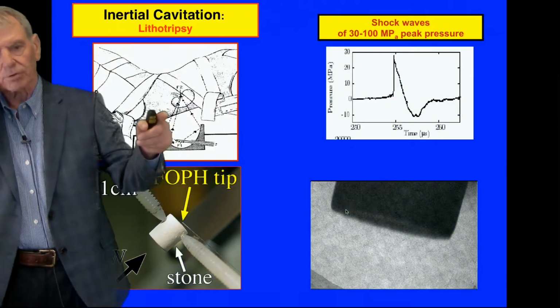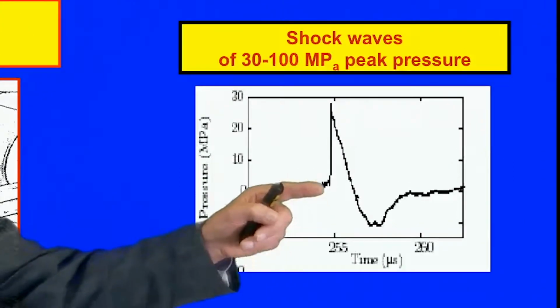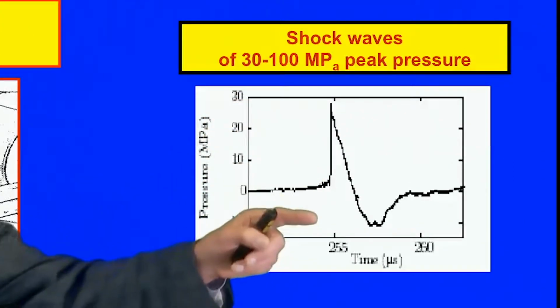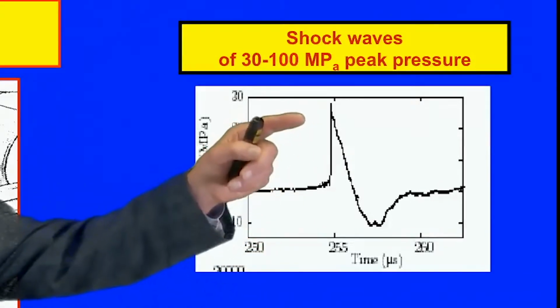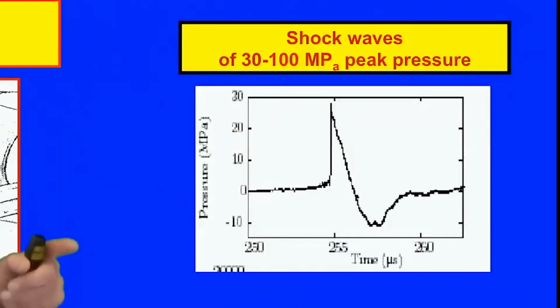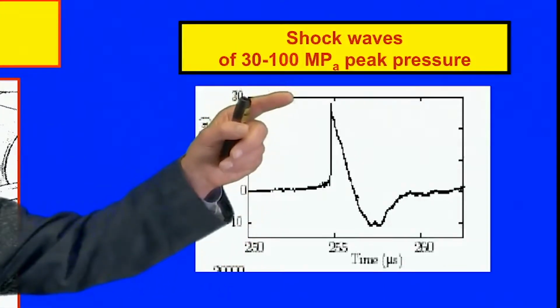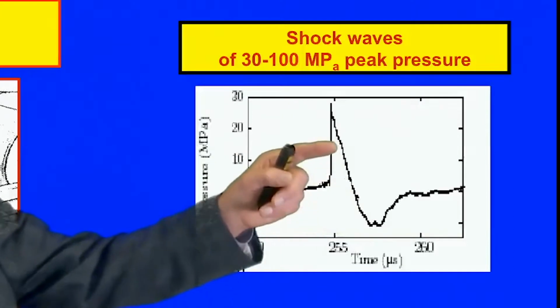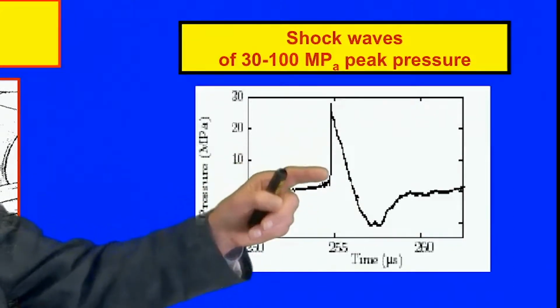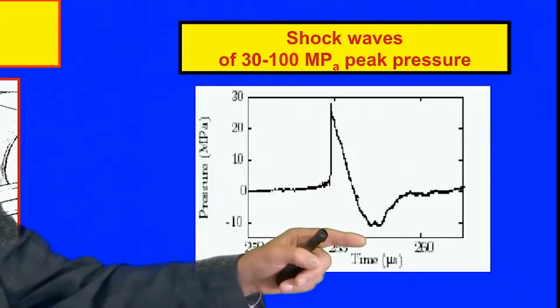This is extracorporeal, and the shockwave looks something like this, with a very rapid rise time. These rise times are very difficult to measure. Pressures going up to 30, 40, maybe even 50 or 100 kilobar, or megapascals. But then following the leading front of the shockwave is a relatively deep trough, and